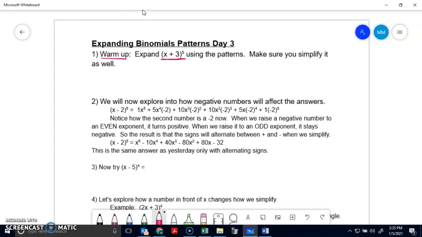I am going to run through this. That way it helps anybody who wants a little more help with expanding one of these. So I would take x to the 5th, and the exponents for x decrease by 1 as we go through the problem. X to the 1st, and then x to the 0 is 1. And then I'm going to do 3, and 3 goes up, so there's nothing in the first one. And then 3 to the 1st, 3 to the 2nd, 3 to the 3rd, 3 to the 4th, and 3